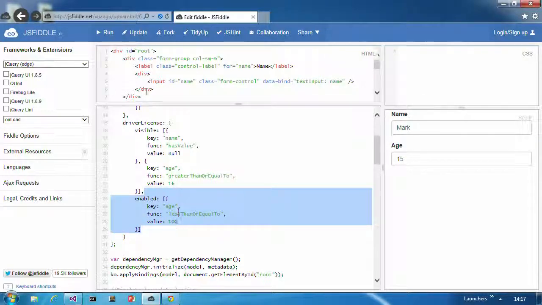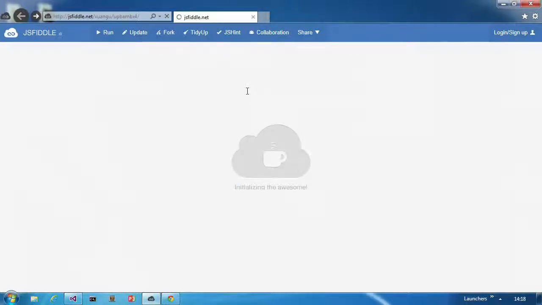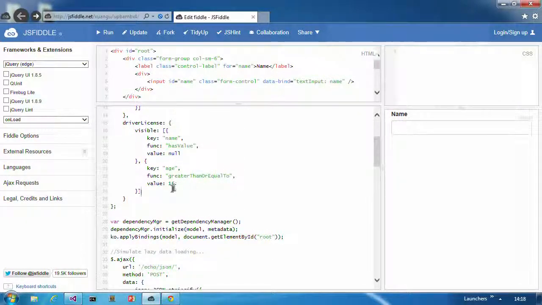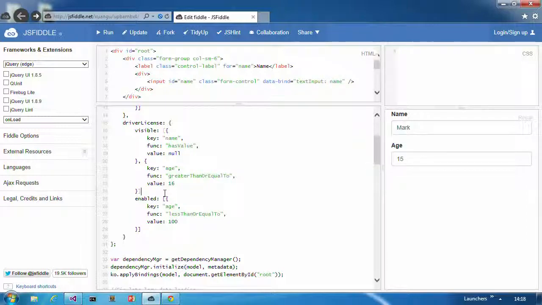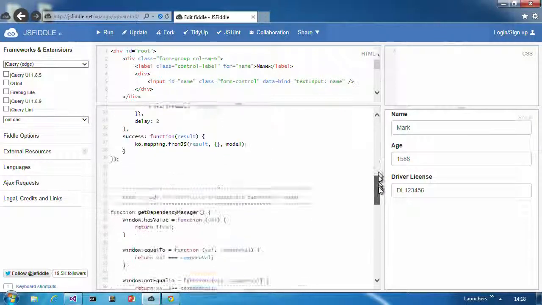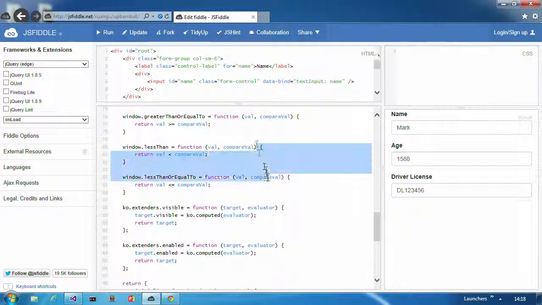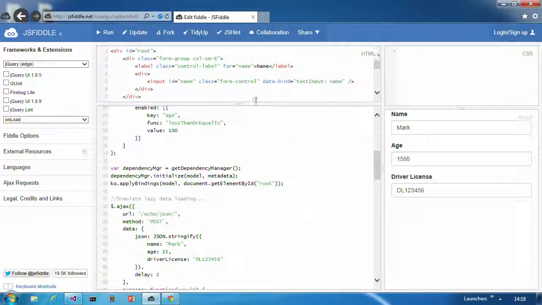I'll copy this just to prove that it's actually working. Not quite. Okay, something has gone wrong here. Maybe it's because my functions have some problems. But you can see in another example,